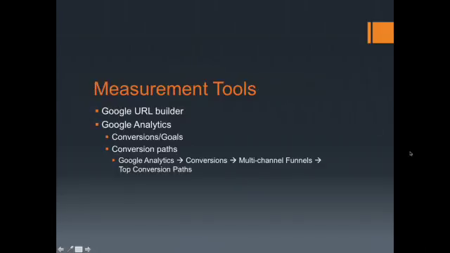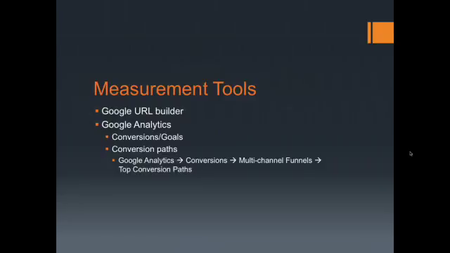So in particular, there's some measurement tools that are important as we think about being consistent. So we've got a consistent message that we're sending within an auction. We have a consistent message that we're sending in all of our auctions with our marketing. And we need to measure then how these people are interacting with us. I'm only going to touch on two today. There's a ton of tools that we can use in our marketing to measure if our marketing to our targeted audience is successful or not, is it effective or not.